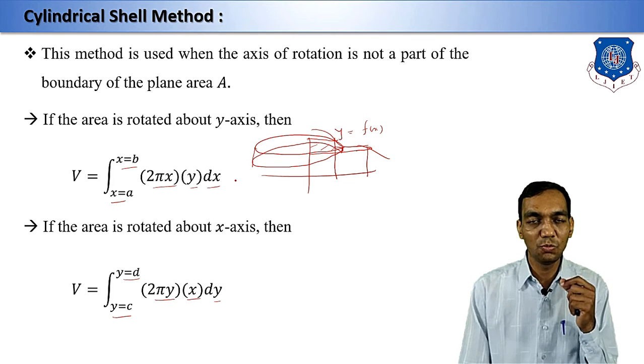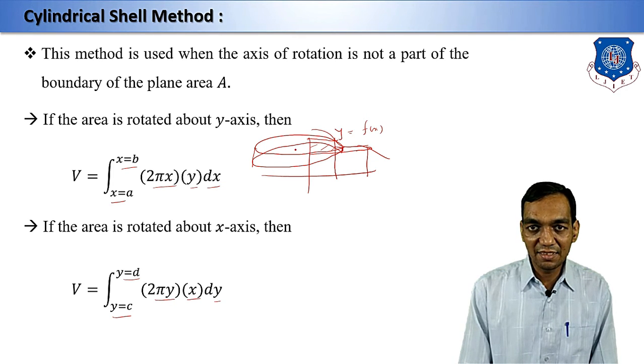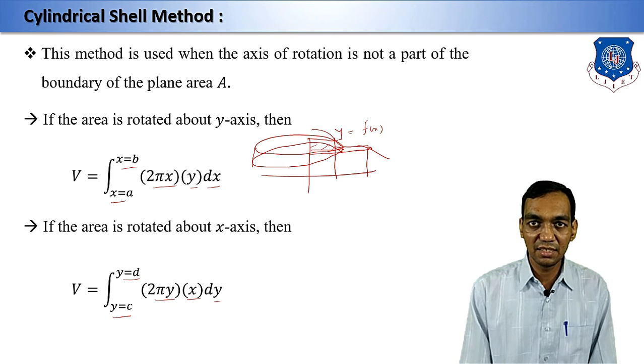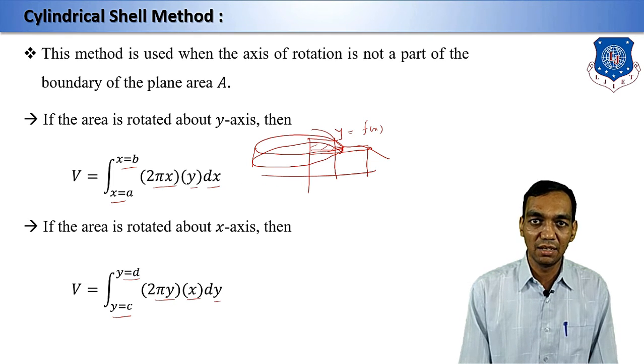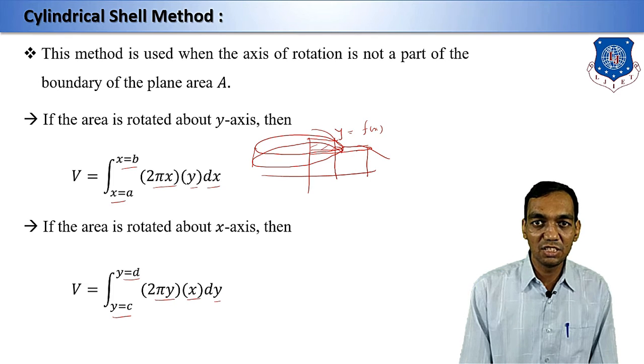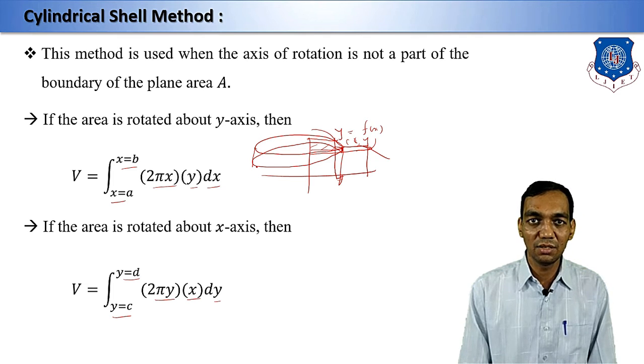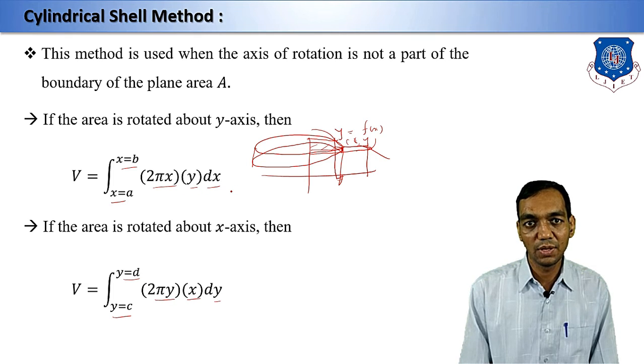Correct? So it will be 2 pi r h. So r is a radius. From this distance to this distance, that is a radius, and that will be x. So it is written 2 pi x, and height will be y. Correct? So this height, this point is going to be y, because you are considering distance from x axis. So this point is x comma y, and you are going to find the rotation. That's why it is 2 pi x into y.